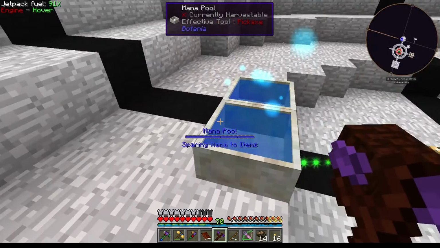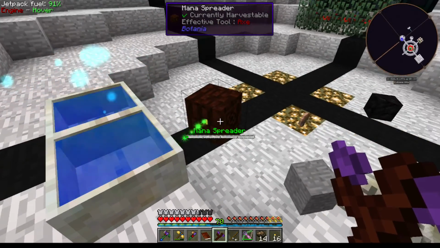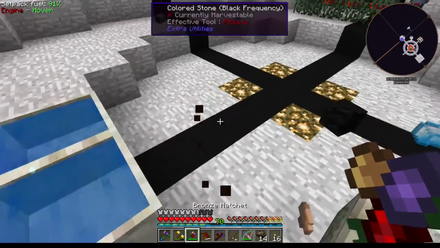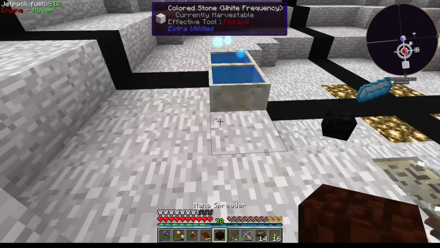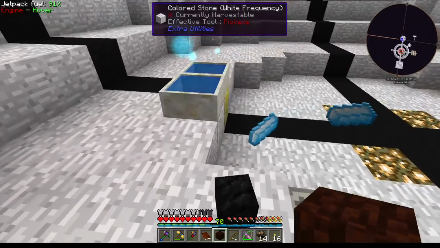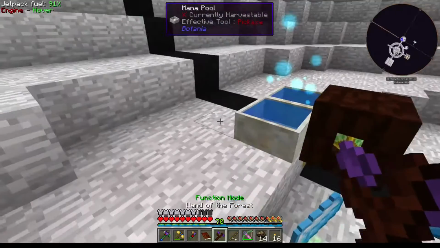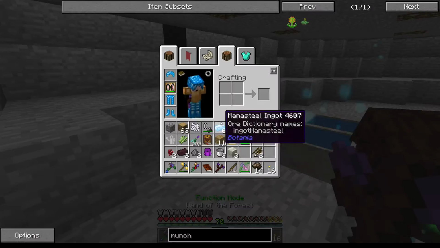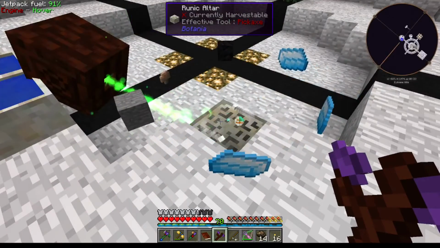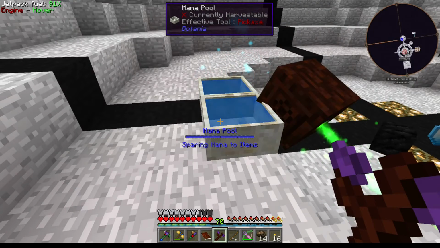I thought I'd paired. No. Oh, hang on a second. Let me try doing it this way. It's not next to it. Let me try doing it like this, and then there we go. That's better. So I've got 2 full mana pools to work with, and then we should start getting